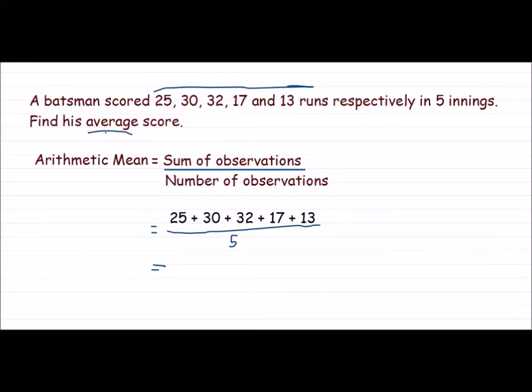So when we divide this 117 by 5, we get the answer as 23.4. So this is the average score of the batsman. In 5 innings he has scored respectively 25, 30, 32, 17, and 13, and his average score comes